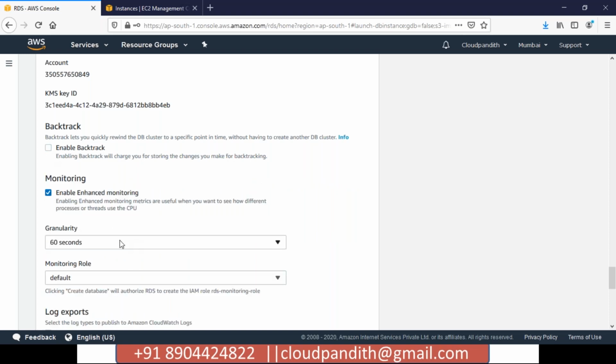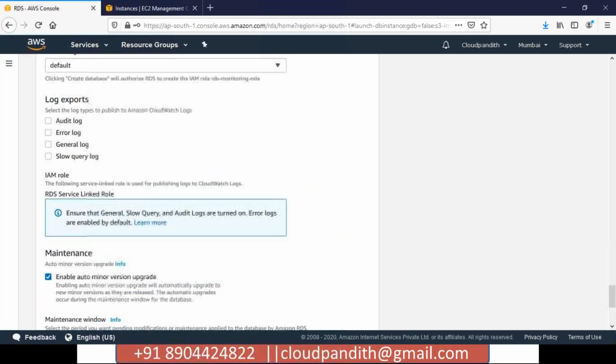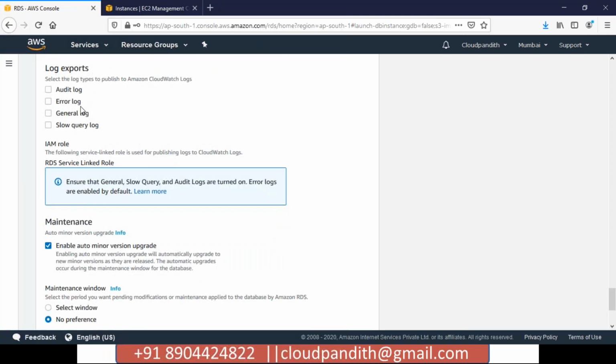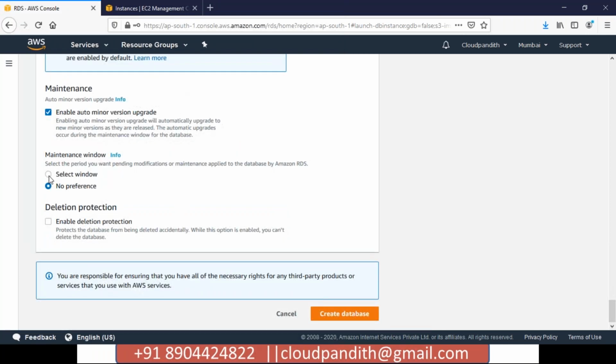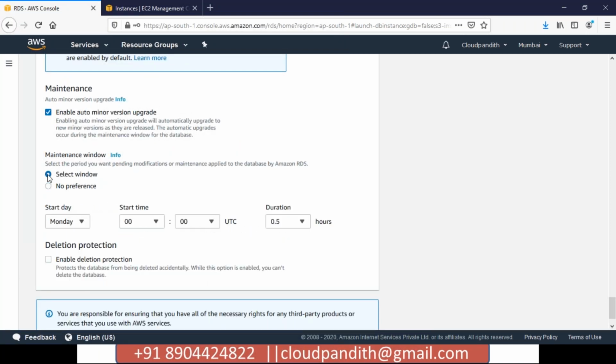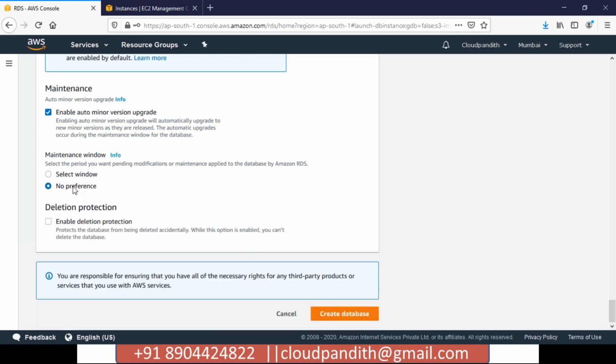All those options are common for all the databases. If you want any logs sent to CloudWatch, you can enable those things. As we discussed, maintenance window: suppose any upgrades or patches are to be installed on this instance, when is suitable for your business, you have to give that particular time. Currently, as this is for practice, I don't want to set any preference. Just click create database.